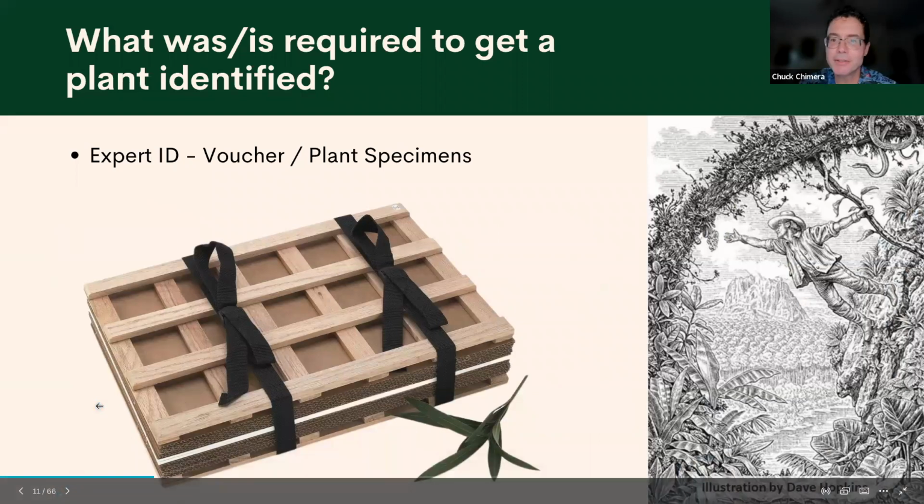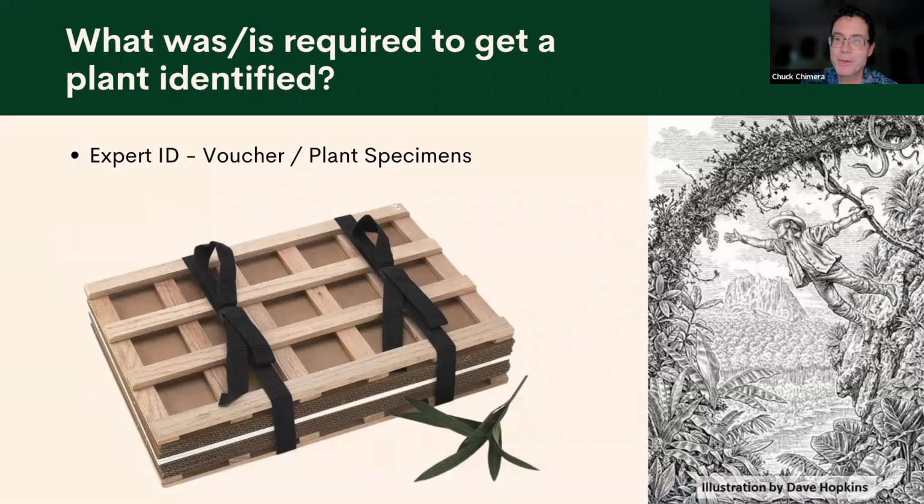So all professional botanists are experienced with or know about collecting vouchers or plant specimens to get an expert identification. And so to verify a plant's ID or its presence in a new location, professional botanists are required to make a voucher or a plant collection that is then submitted to and stored in an herbarium like the Bishop Museum or the ones I mentioned previously. So to do this properly, botanists or field biologists need a whole bunch of specialized tools and equipment as well. And one item that's absolutely essential for this is the plant press, which is pictured here.